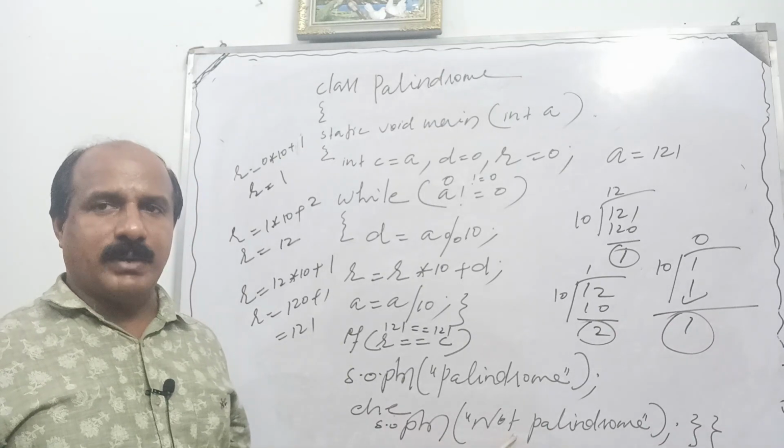So dear students, we came to the end of the discussion of today's programs. We have discussed the palindrome number, automorphic number, Armstrong number, sum of digits, and number of digits present in a number. All these programs you have to write in your fair copy. As I told you, it's a must. You need to write all the programs there in the fair copy.